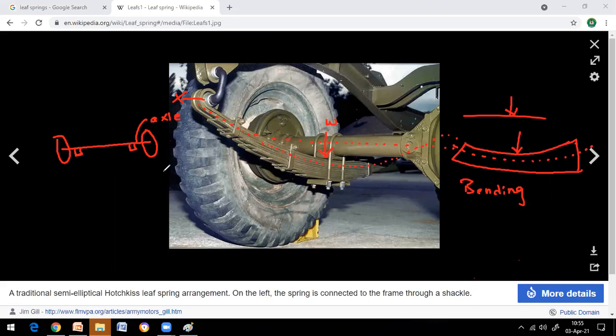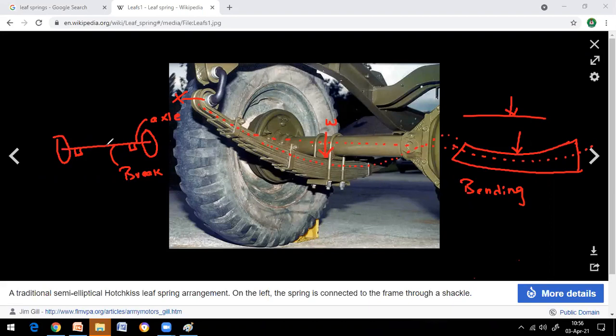What happens? Due to heavy load, the axle will be deflected. Very good. Due to heavy load, this axle will break. The axle will break immediately. So to avoid the failure of the axle, the important portion to transfer load to the wheels is the axle. Right? What is the main purpose of this axle? To transfer the total body load of the vehicle to the wheels, this axle is very, very important.